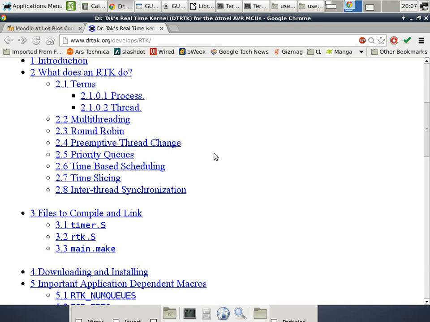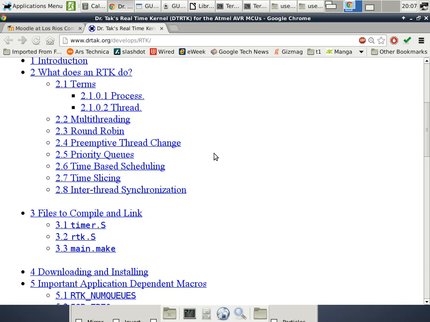The real-time kernel has to be written in assembly because you cannot just call and return. Okay, you have to do other things that are very specific to the hardware. I'm going to push all the registers to save the state of a thread. Then I'll manually change the stack pointer when I'm resuming another thread and restore the registers and things that I cannot do in C. Okay, and that's why a real-time kernel almost has to be written mostly in assembly,